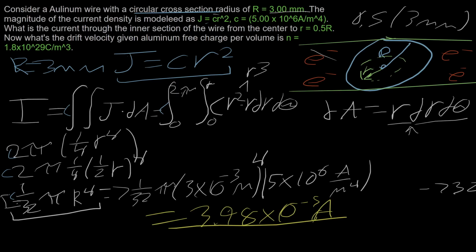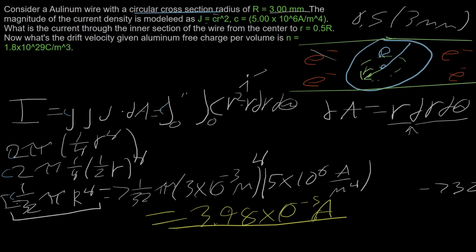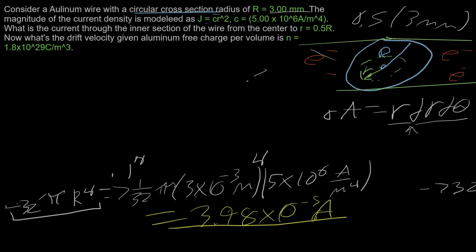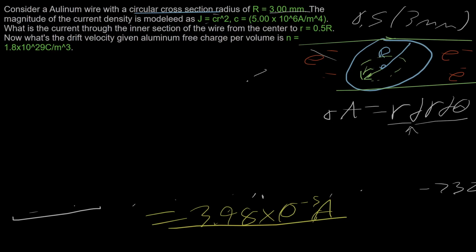Now the problem asks us, what is the drift velocity given that the aluminum free charge per volume is equal to that variable up there? So that's a really good question. We're going to start by erasing some of our work here to give us some room to work in. So we know what our current is, which is like the main component. Now